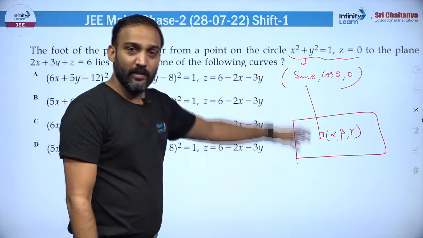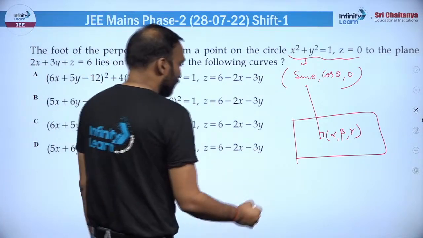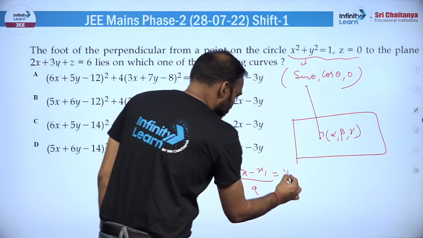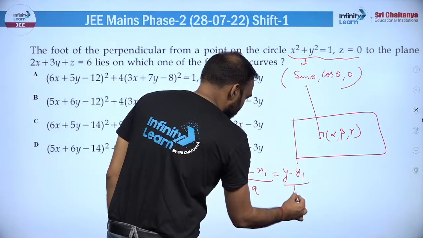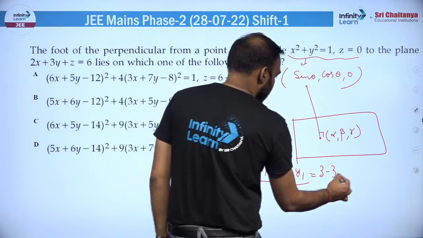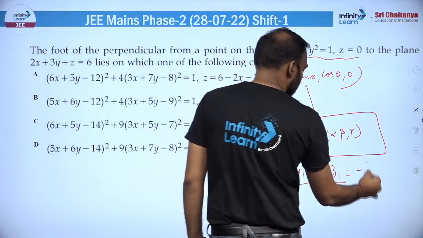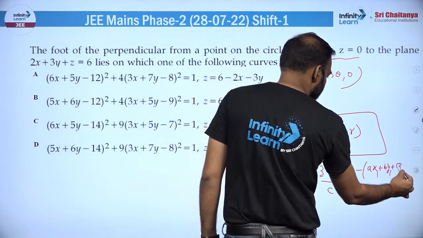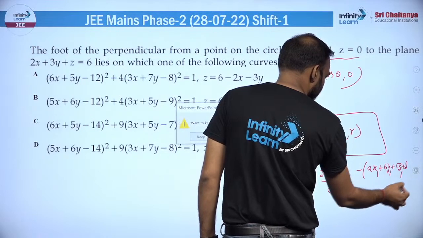So I can use the formula for the foot of perpendicular. It says (x minus x1) upon a is equal to (y minus y1) upon b is equal to (z minus z1) upon c is equal to minus (a x1 plus b y1 plus c z1 plus d) upon